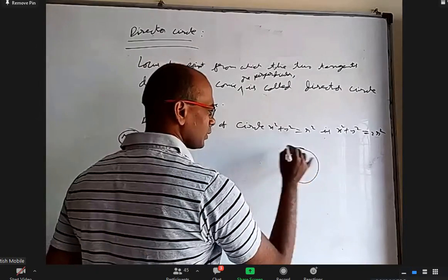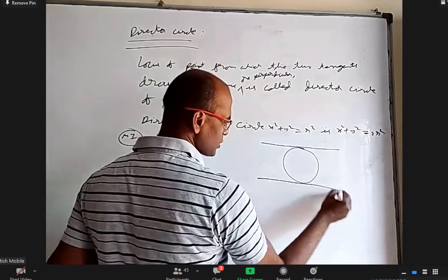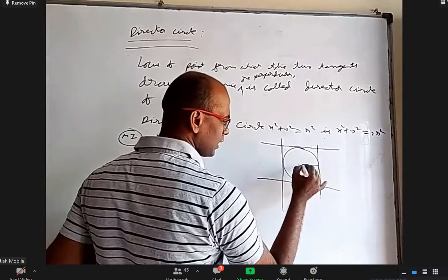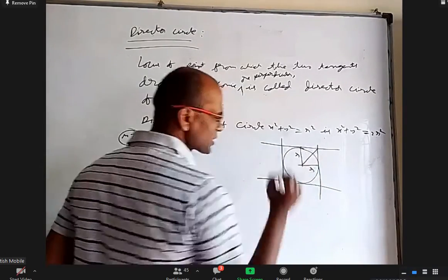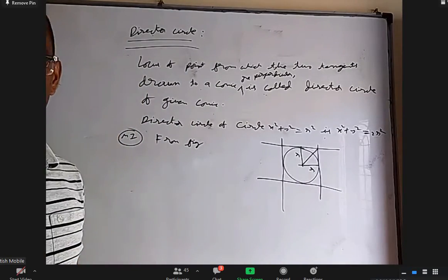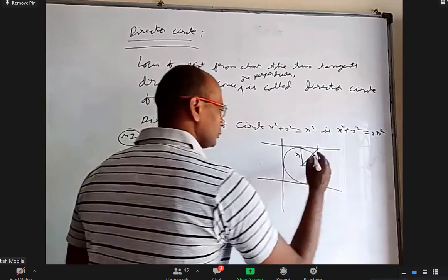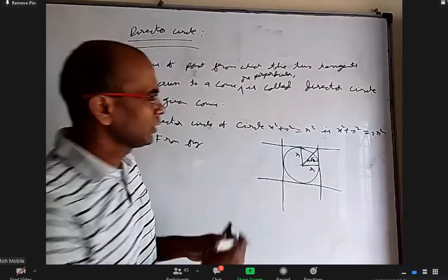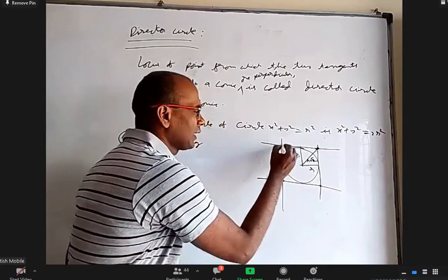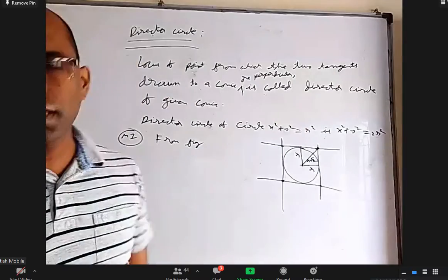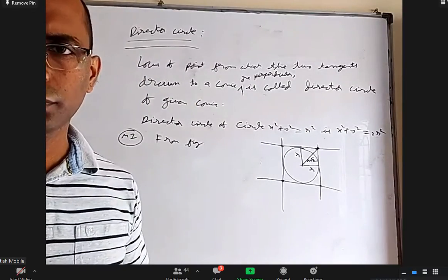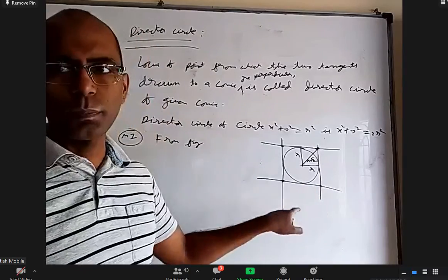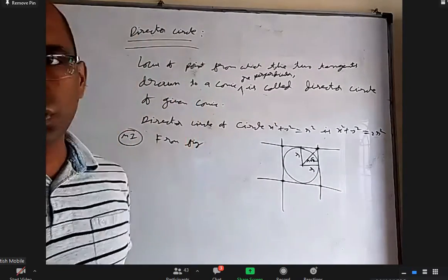Let me draw two horizontal tangents and two vertical tangents. This is R and this is R. What will this distance be? Root 2 R. R root 2, right? Now we can easily see these 4 points are examples where the two tangents to the circle are perpendicular. Am I correct? From this, one is horizontal, one is vertical, they are perpendicular. From this, one is vertical, one is horizontal, they are perpendicular. So all these 4 points should be on this locus.